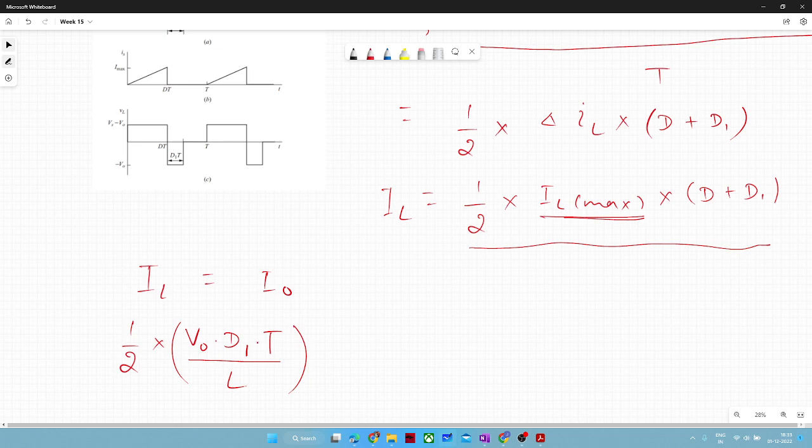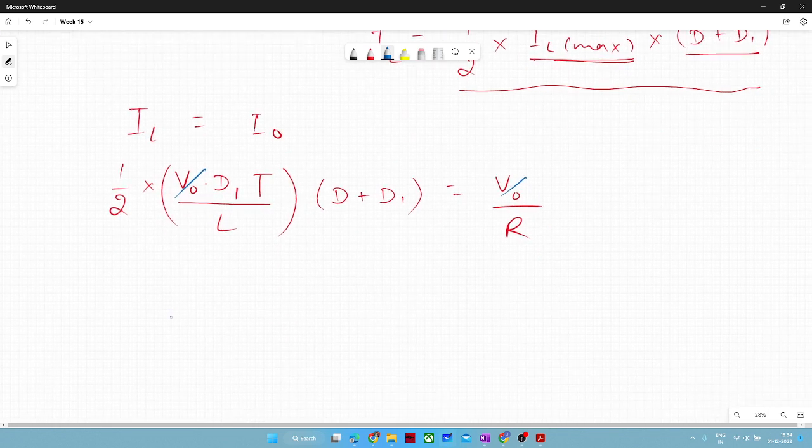So we can write V naught into D1 into T by L, and this D by D1 would come as it is, and is equal to V naught by R. Now you must have known why I wrote in terms of V naught: so that both will get cancelled out and we will be left with the equation